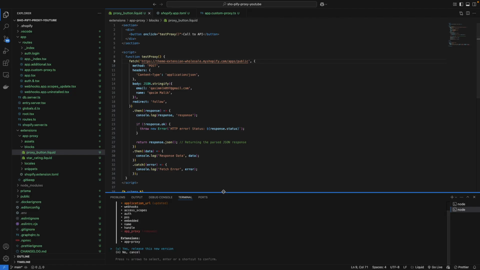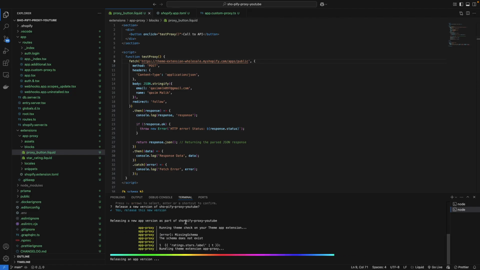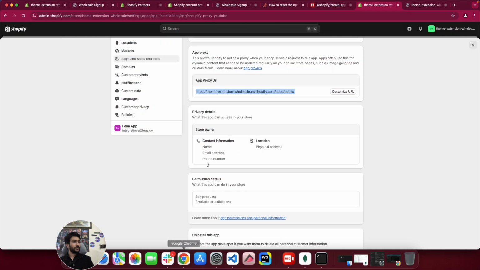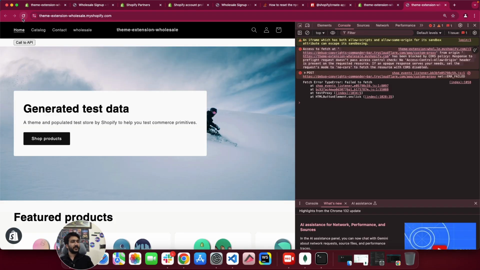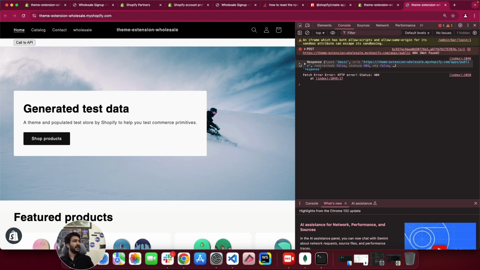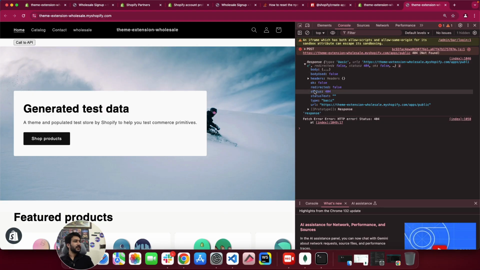Once it is deployed, all we need to do is wait for a successful deploy. Then we need to go to our application and refresh the page. Okay, and if I call the API now, I have this response, and if I click on this,